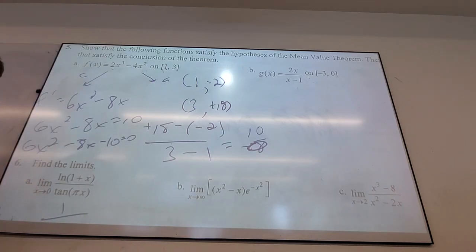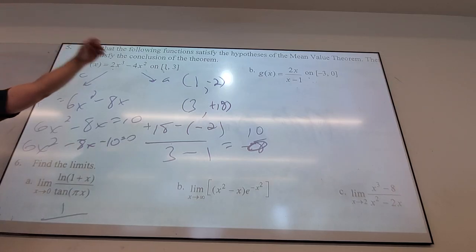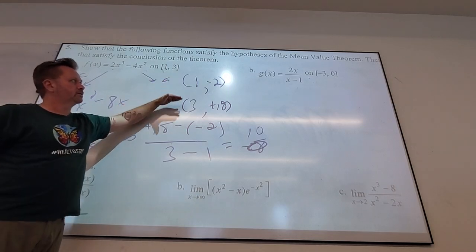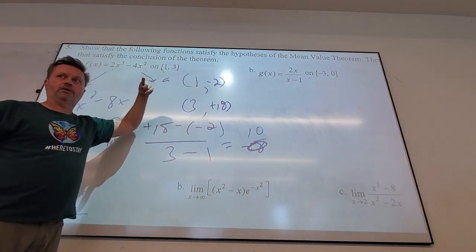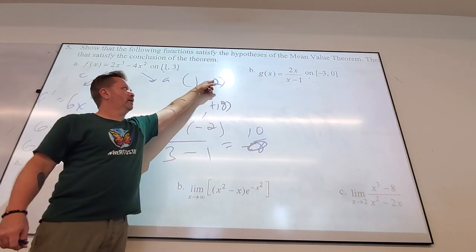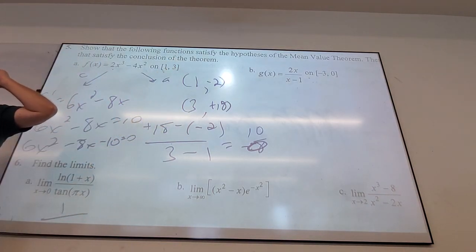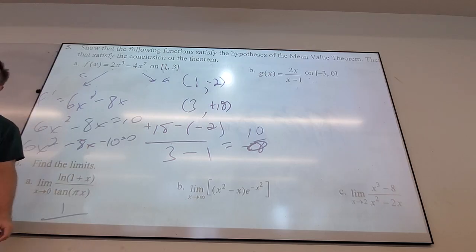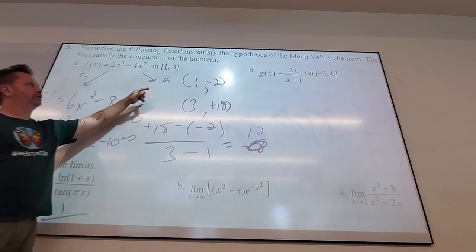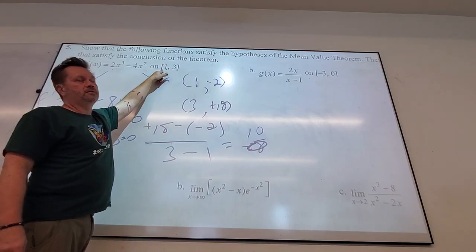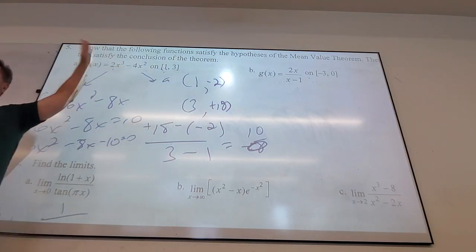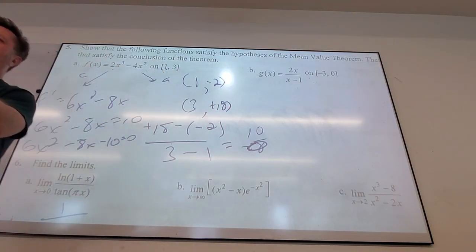So what are the endpoints? I know the input at the first endpoint is 1, and the input at the last endpoint is 3. So then we plug them in, we get the points, and then we get the slope. Slope is the change in the y's divided by the change in the x's. Plugging in 1 there, that's 2. We're not just plugging 1 and 3 in for x. Yes, we are. Of course we are. How do I get the point where the x is 1? I plug it in. That's this function's purpose, to give me the output for it.